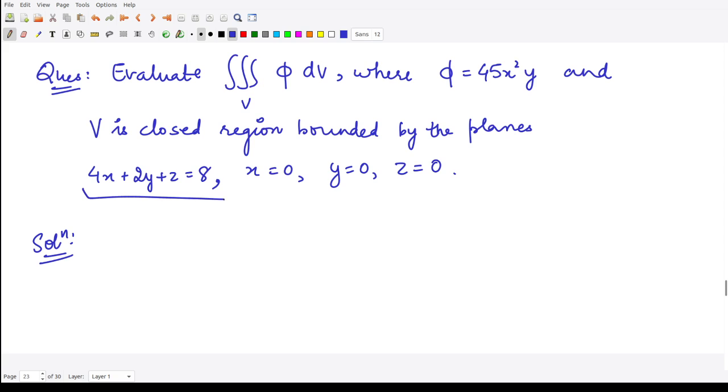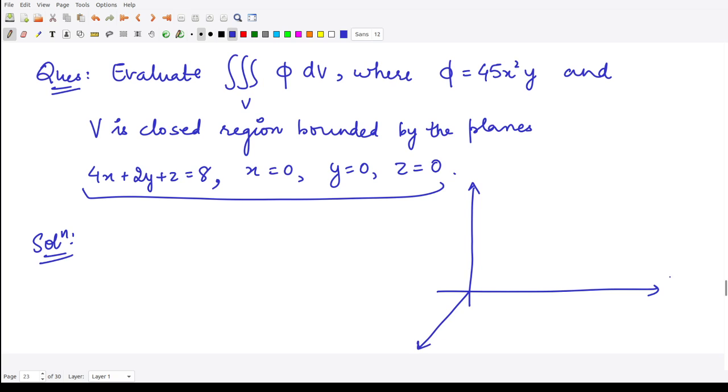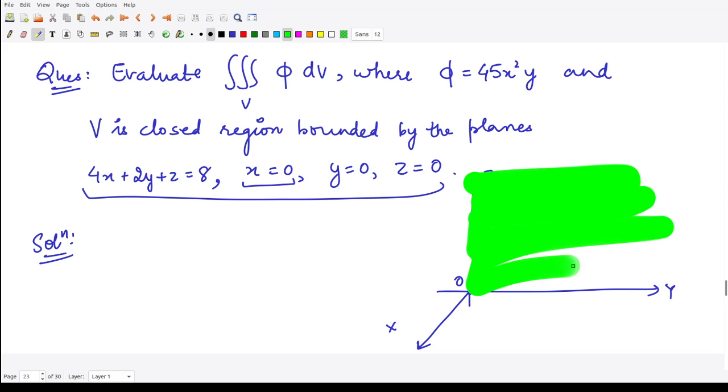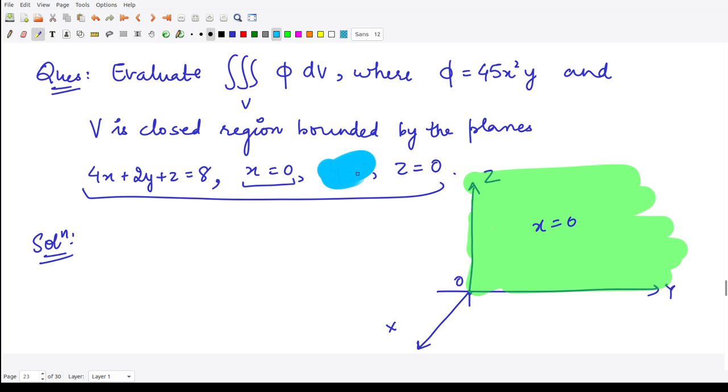here we are given these three equations. So when you visualize this, suppose this is your y-axis, this is the z-axis, and this is the x-axis. This point is origin. Now x equal to 0 means you are talking about the YZ plane. So this is your region here, right? So this is the x equal to 0 plane, and for the plane y equal to 0, it means